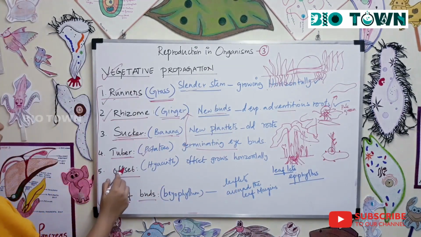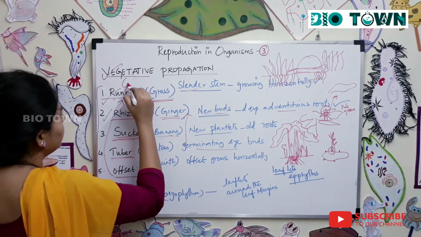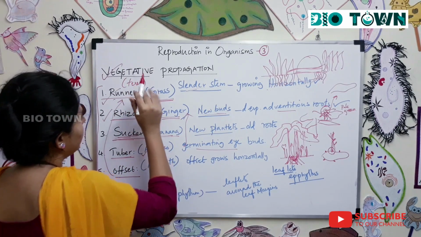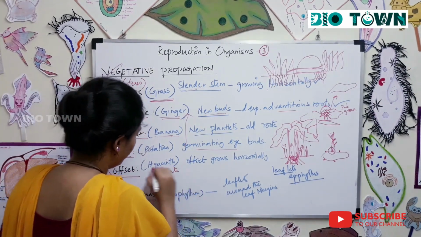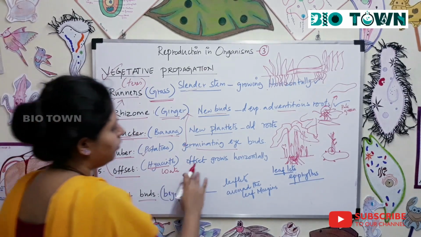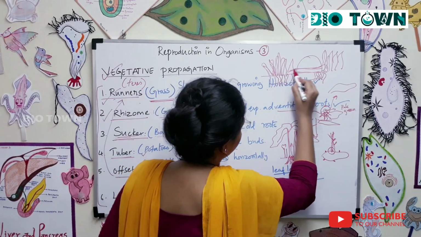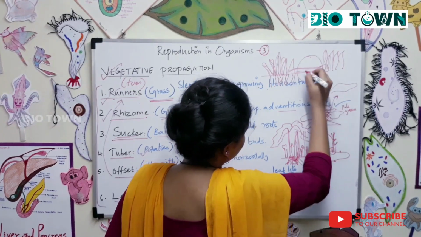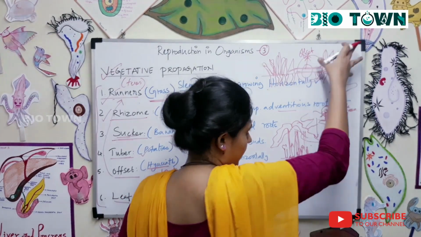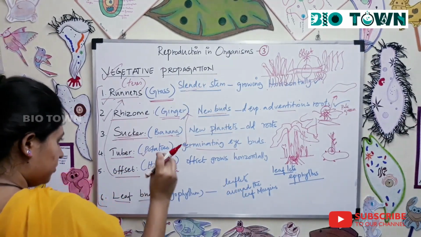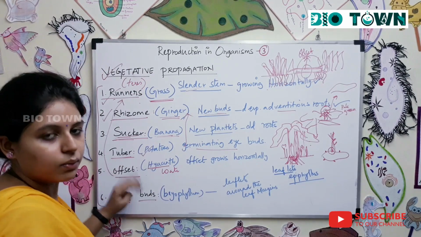Next is offset. Offset resembles the runners, right? And runners you can observe in terrestrial plants, the plants which grow on the land. And offset you can view in water plants. So in water hyacinth, what happens? The same way the offset grows horizontally. So this is a water hyacinth, the same way there's a stem that grows horizontally, and this stem they call it offset. And there is a new hyacinth family, right? And now a minute difference is that this is a terrestrial plant and this is an aquatic water dwelling plant.